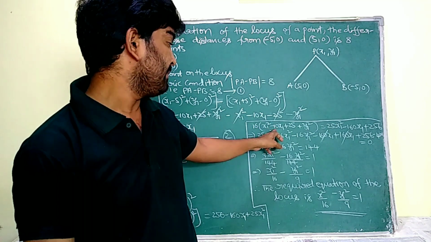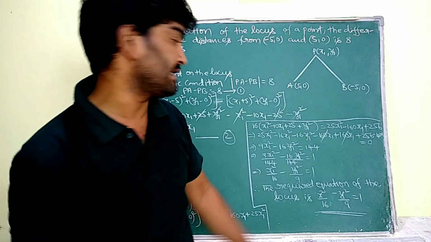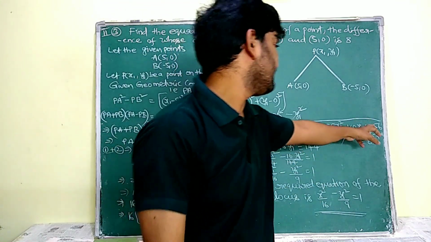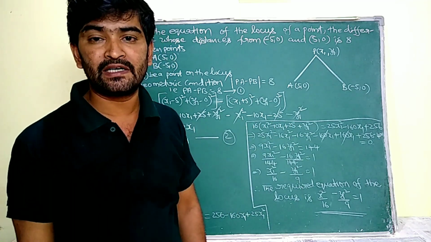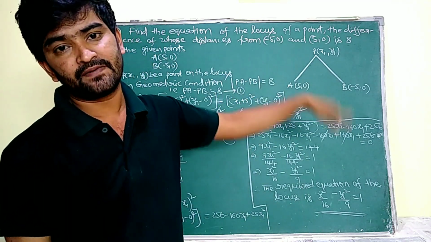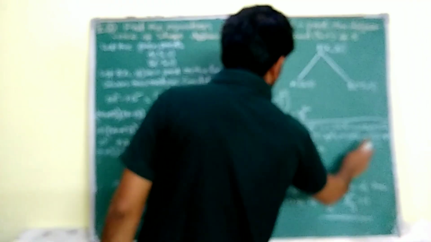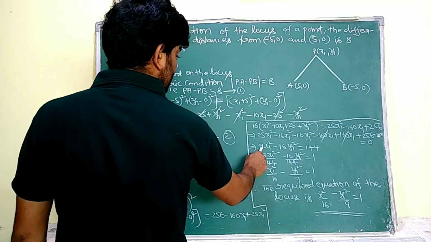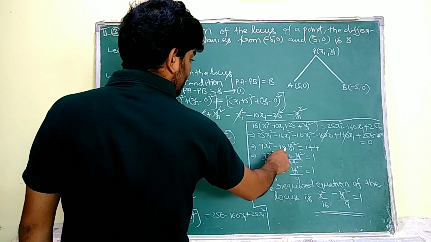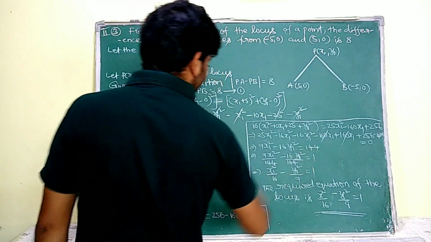Minus 160x1 here, by transferring that side it becomes plus 160x1. There I am having 256, and here 16 into 25 is 400. This plus 400, by transferring to the right hand side, becomes minus 400. So 256 minus 400 is equal to minus 144. Here 25 minus 16 means 9x1 square, minus 16y1 square. These two x1 terms are going to be cancelled, equal to 144.